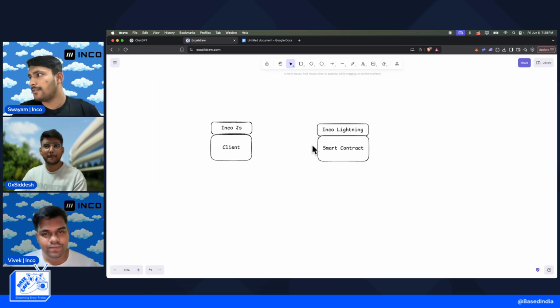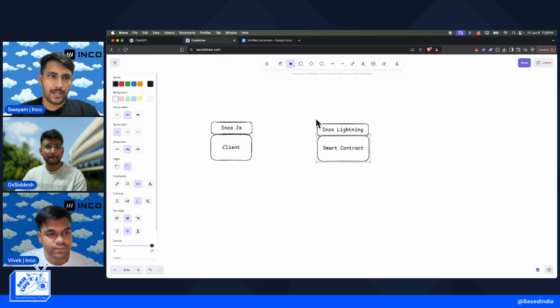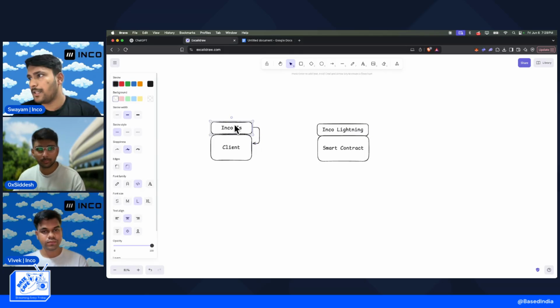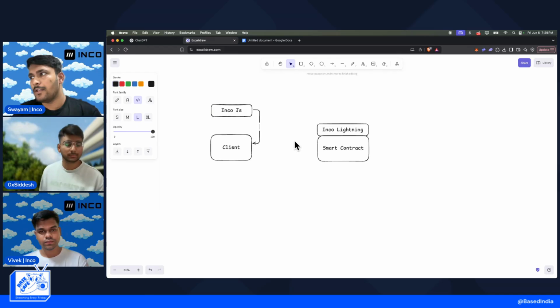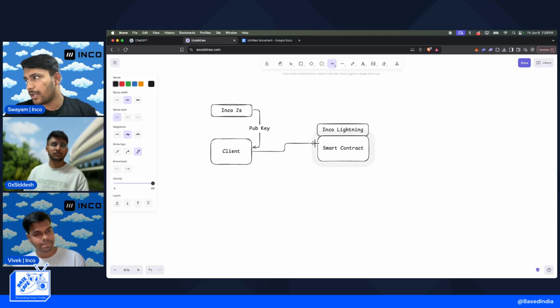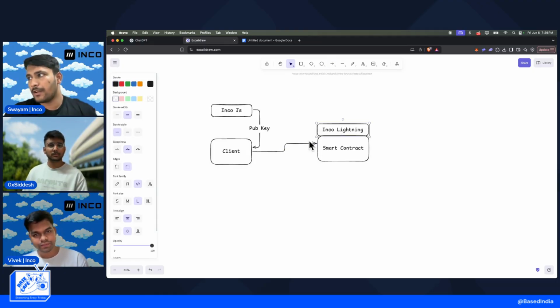How it works is, suppose you want to store a confidential value inside a smart contract. You just ask the Inco SDK, hey, please give me the public key used for asymmetric encryption, and we use that public key to encrypt the value and send it on chain to the smart contract. And in the smart contract, we have